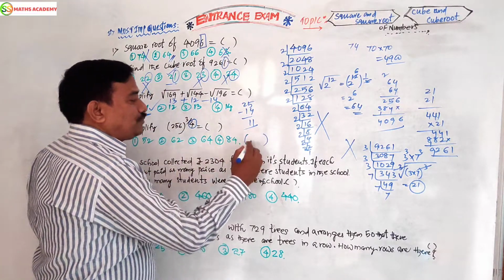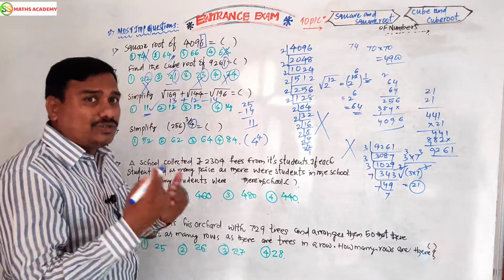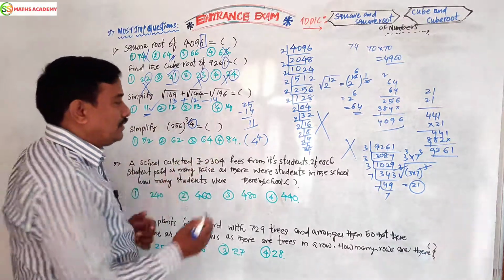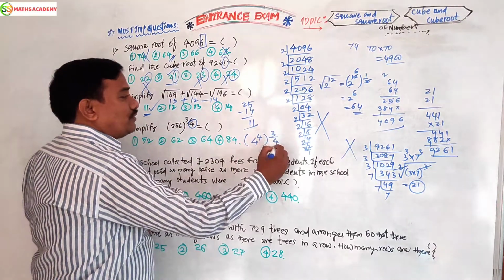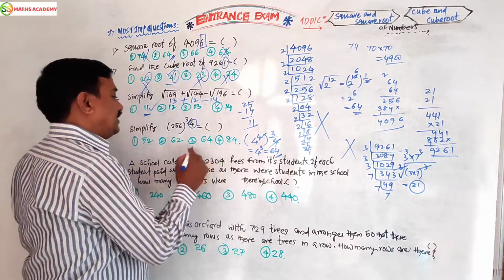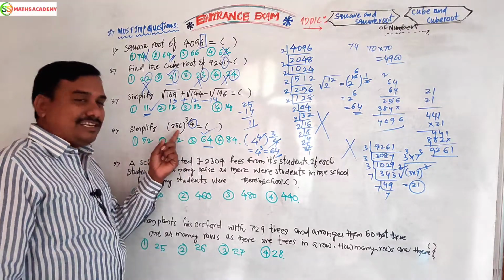So 256, can I write it like this? 4 to the power of 4. Because 256 we can get with the 4 table. It will get 4 times. 4 into 4 into 4 into 4. Next here 3 to the power 3 by 4. 4 and 4 cancel. 4 cube. 4 into 4 into 4. 64. Finish the answer. Yes, got it?